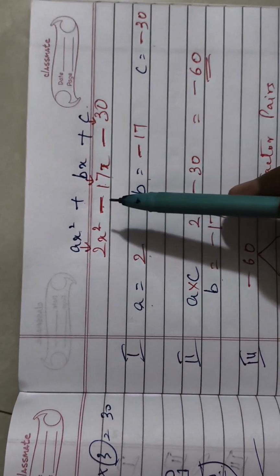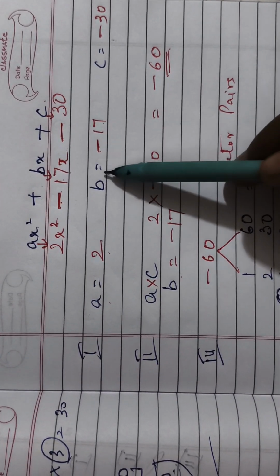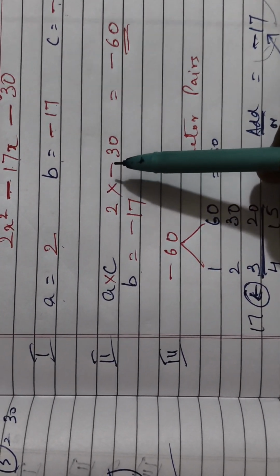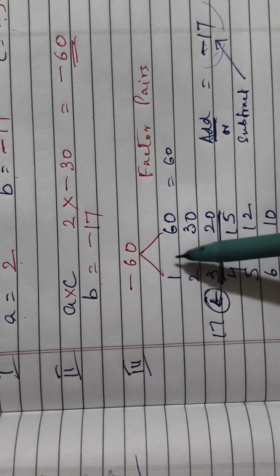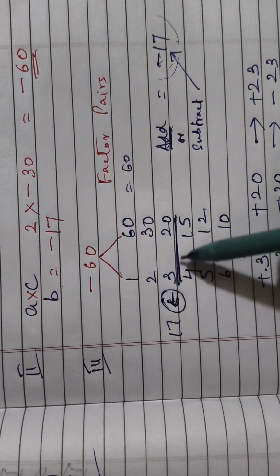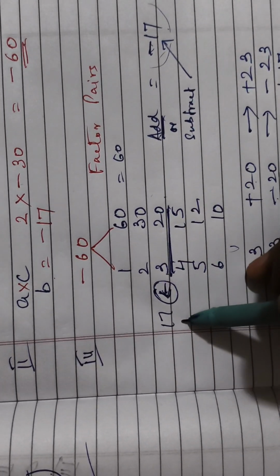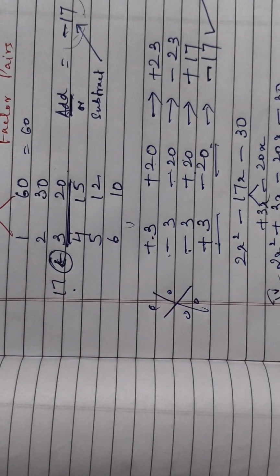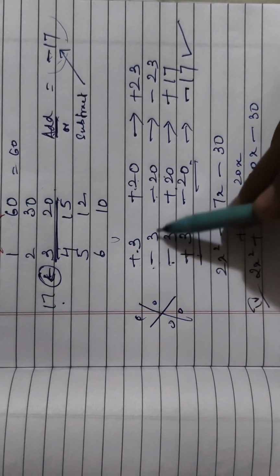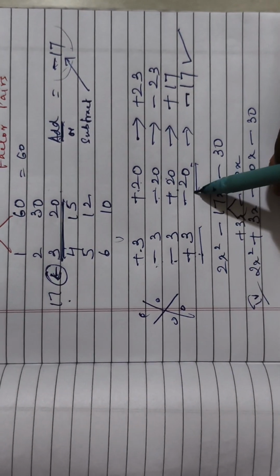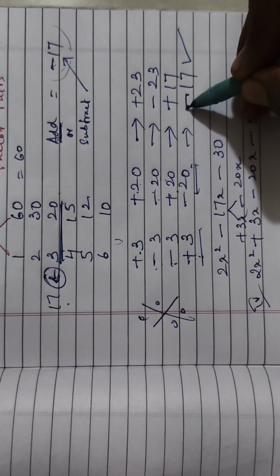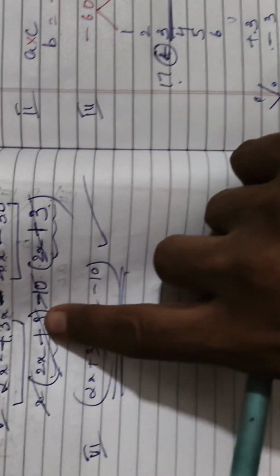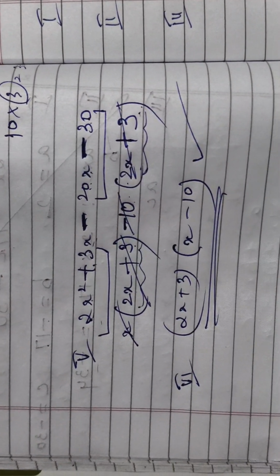So remember, when there are negative terms, very important, when you take B, you have to take the negative. When you take C, also take the negative. Multiply with the negative sign as well. Then you split it and find the most appropriate pair, which on adding or subtracting gives me 17. Then this is very important. We will try plus plus, minus minus, minus plus, plus minus and see in which of the options I am getting minus 17. So this is my option. Do the splitting, do the factorization of two terms and write the answer. Thank you.